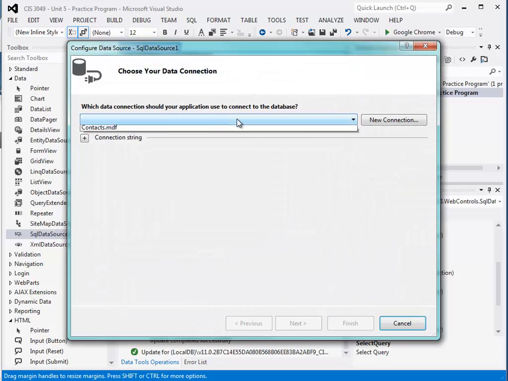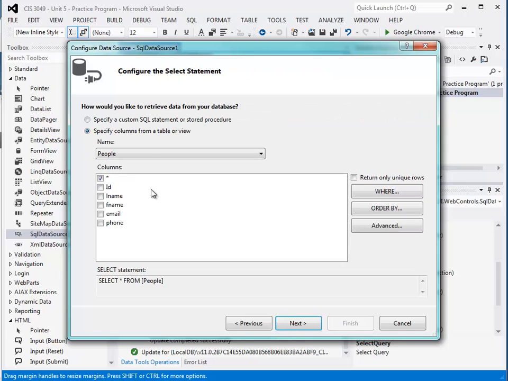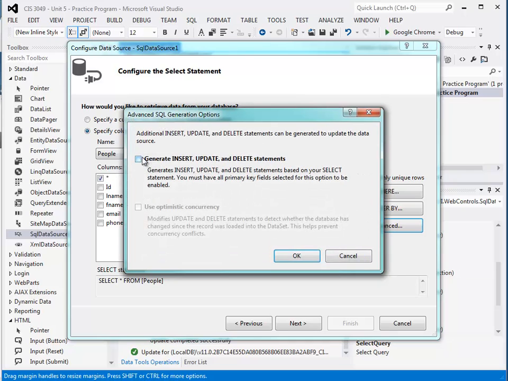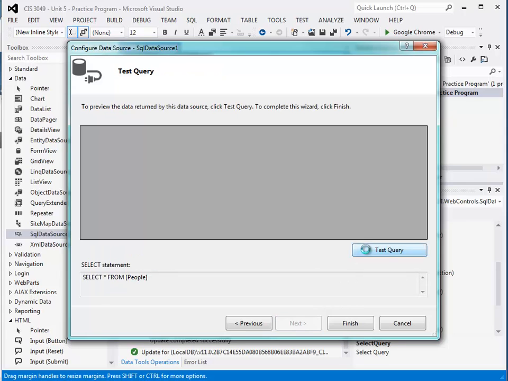Configure the data source. And hopefully my contact MDF is here. And again, there's only one table here, the people table, and I'm going to route all the fields available. I'm going to want to be able to edit and delete this in this grid view, so I'm going to go into advanced and configure that. Test this out. It should show my 2 records I've added. Finish this up